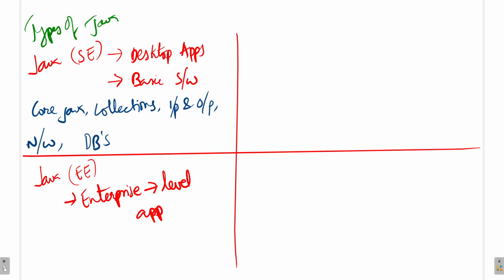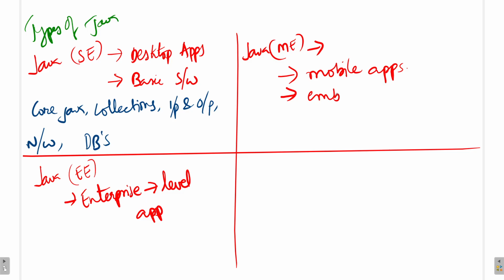The third one is Java ME. So Java ME is sometimes termed as micro edition and sometimes termed as mobile edition, used to develop mobile applications, or we can say applications for mobile devices, used to develop application for embedded systems.